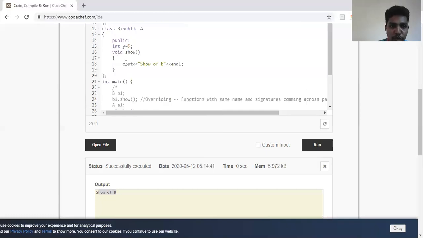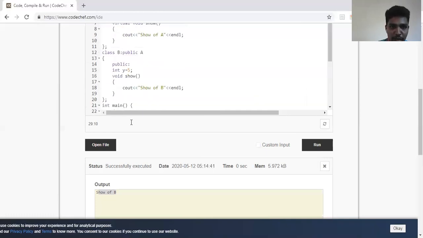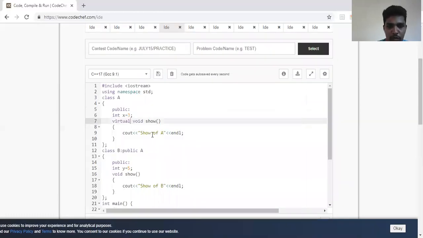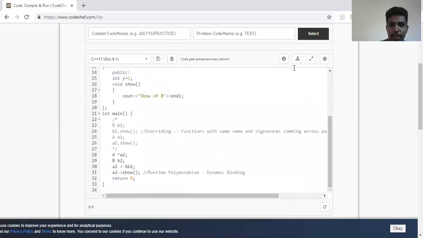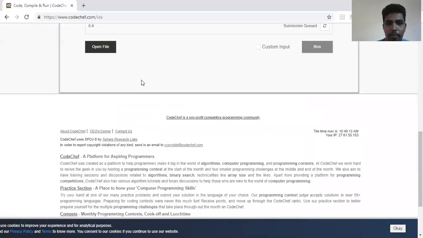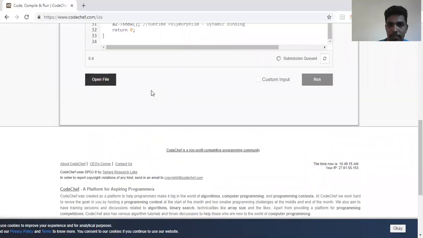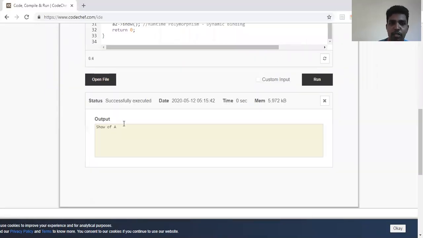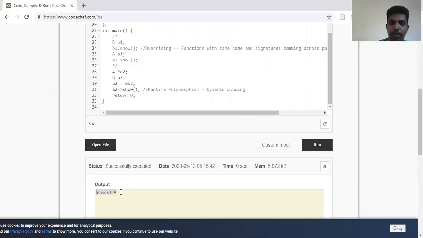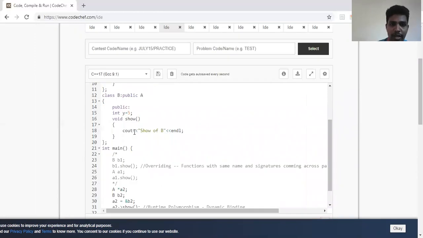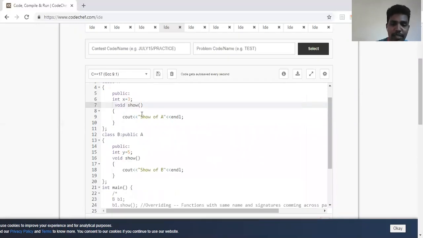But if I remove this virtual keyword and run this program, you can see it says show of A because it gives preference to its own function. A2 is an object of A, so it gives preference to its own function. But if I write virtual, it nullifies the effect and makes it go for dynamic binding during runtime and call the method of its child.